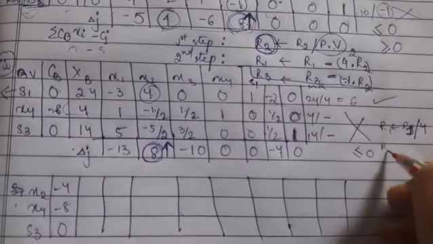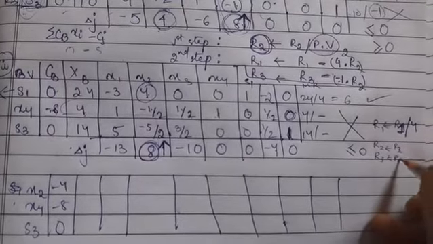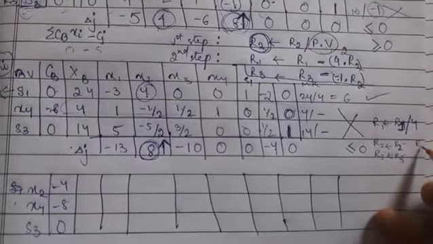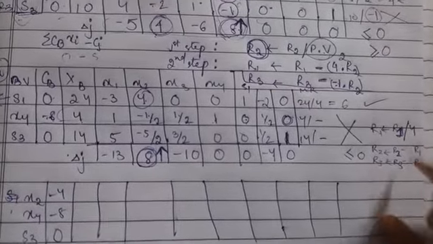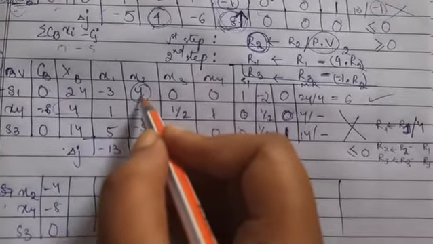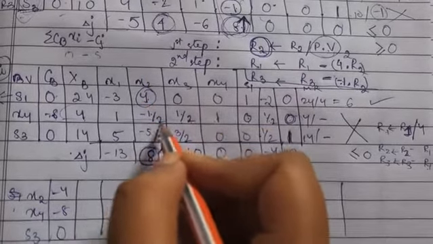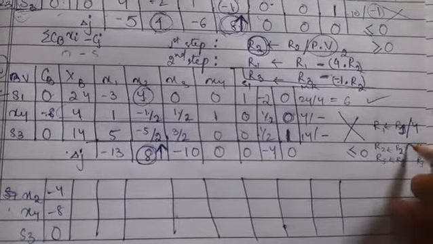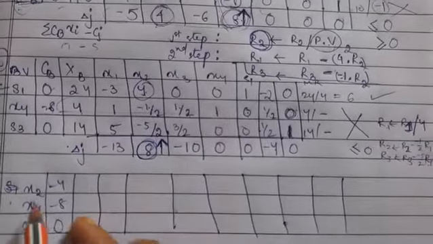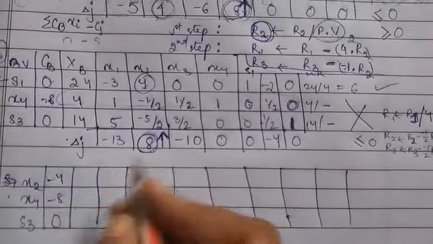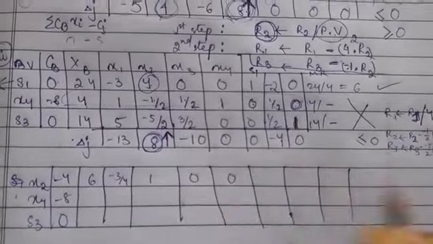Then for the others, that is R2 and R3, something will be subtracted from them, which is equal to the product of the new R1 and the respective pivot column coefficient, that is minus half, minus 5 by 2, minus 1 by 2, minus 5 by 2. So my row 1 will be, this thing divided by 4 is 6, minus 3 by 4, 1, 0, 0,